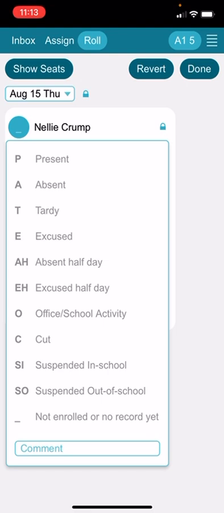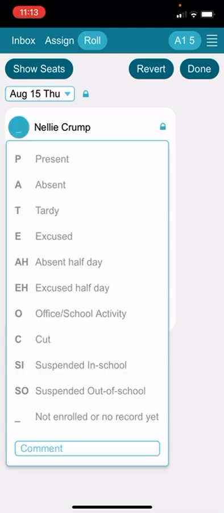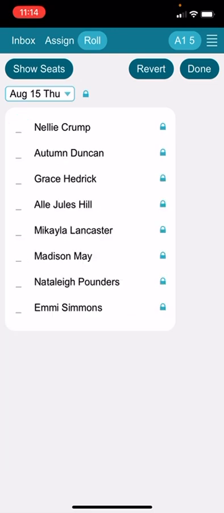It's not going to let me select anything right now because the semester has not started yet. So all of the attendance is locked. That's okay. That's perfectly fine. You can still see that you have these options. Now, most of these options are not going to be applicable to you as a teacher in the class. Some of these are only things that we would mark from an administrative level because they are in reference to the entire day. Now, that being said, if you want to take attendance every day for the sake of keeping track of who was there and who wasn't,